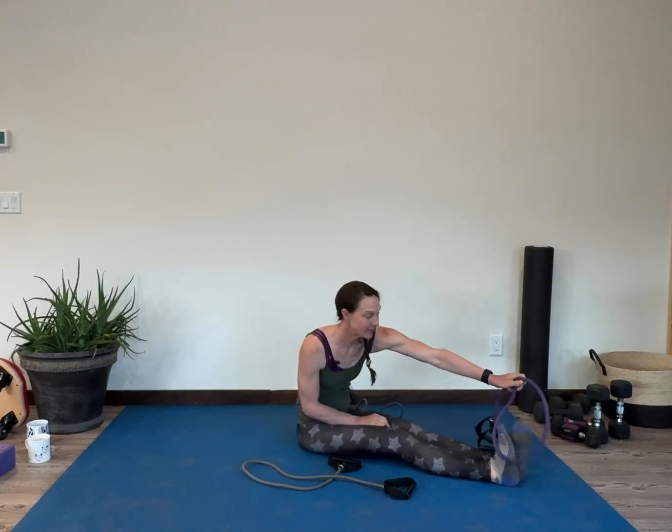6, 5, 4, 3, 2, and 1. Now I'm going to get rid of this one and choose a lighter band, because this one's pretty heavy,